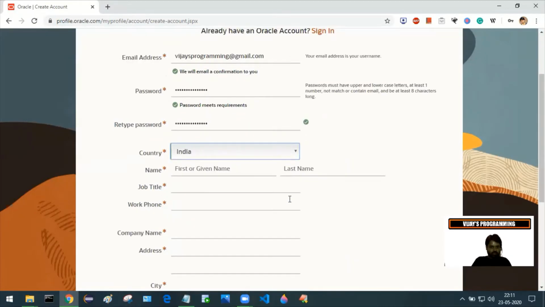Okay. And it is very important that you remember this password. Okay. And country is India in my case. And the name I'm going to give is first name and last name, job type, title.